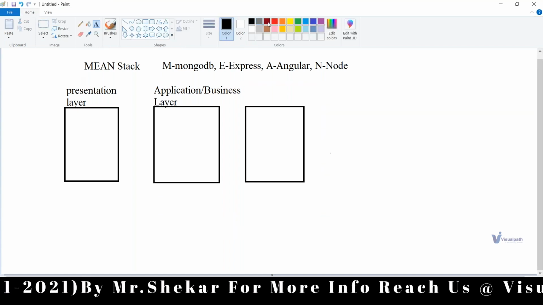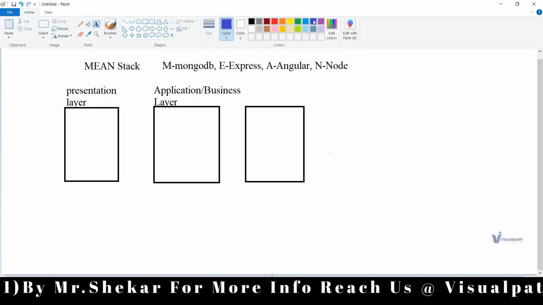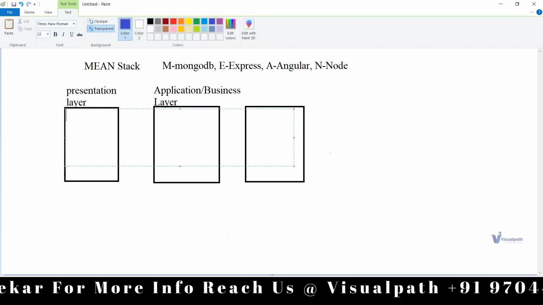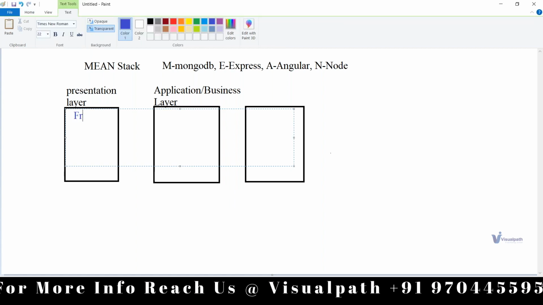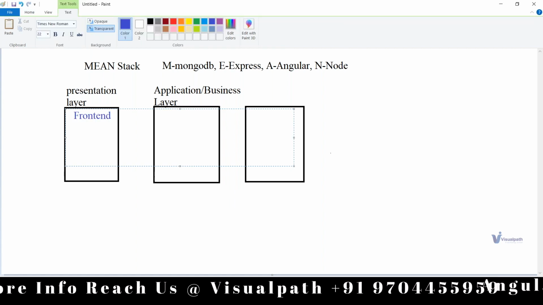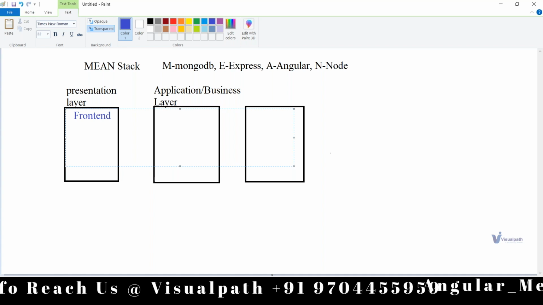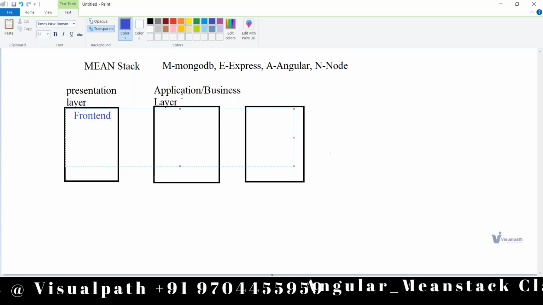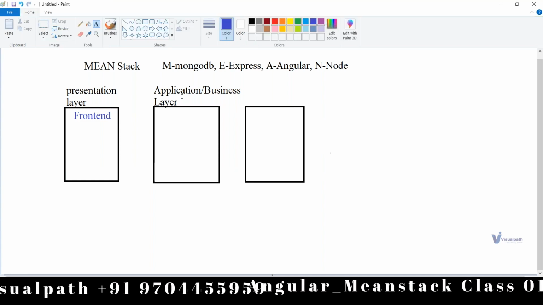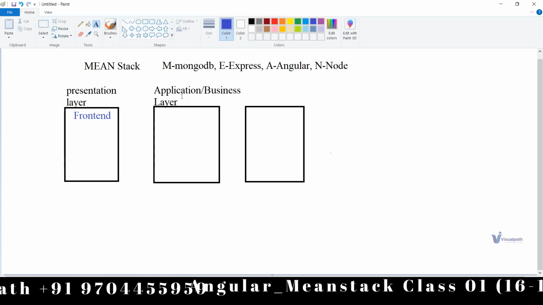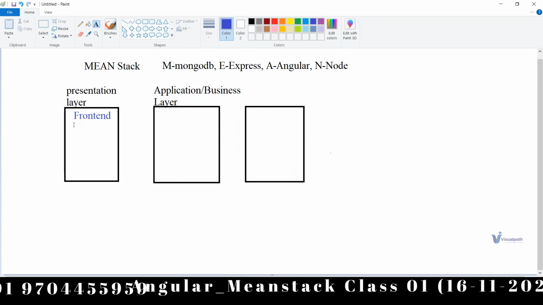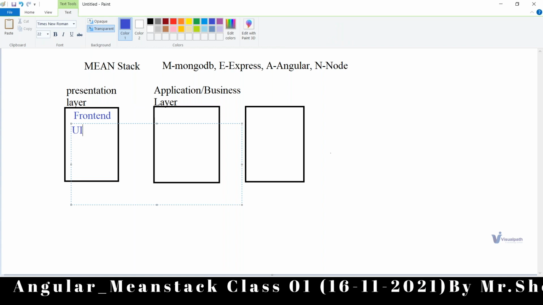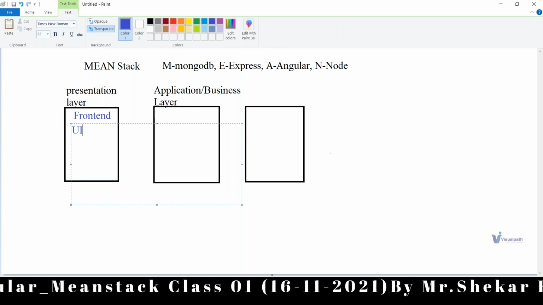That is the reason we have one more name for the presentation layer: we call it the front end, because this is the only thing we are able to see, which acts as a front end for the entire application. All together, three tiers make a full application, but we can see only this, or we can call it the user interface, or people call it UI.